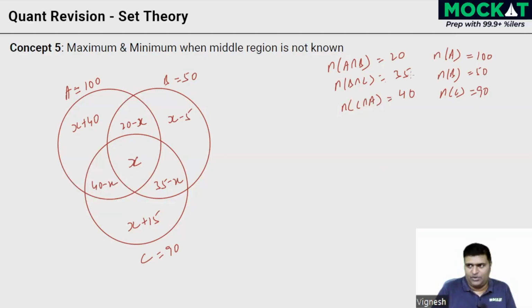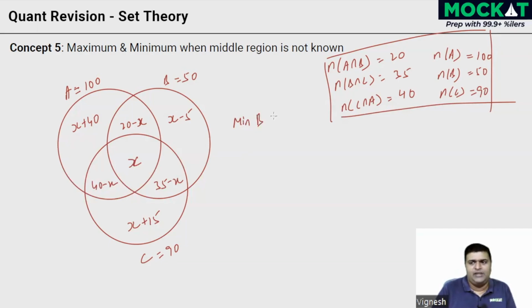So we could be given a question this way with these figures in a group of people. 100 like tea, 50 like coffee, 90 like milk, 20 people like both tea and coffee, 35 like milk, coffee and milk, and so on and so forth. What is the minimum number of people, and you can have questions around that. So let's create two, right? So what is the minimum number of people